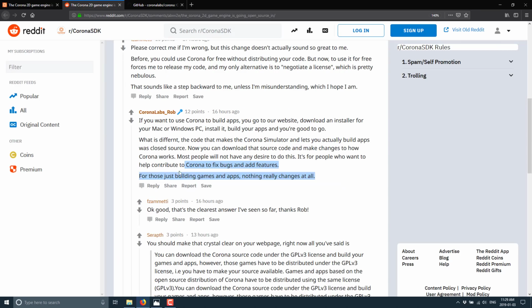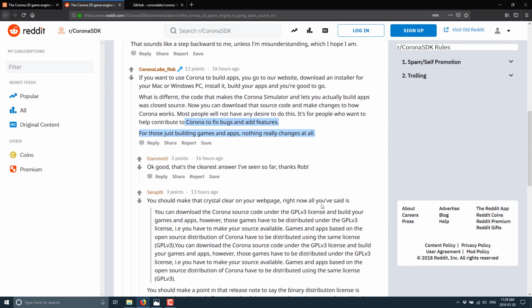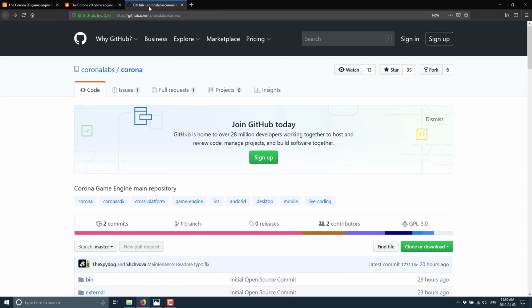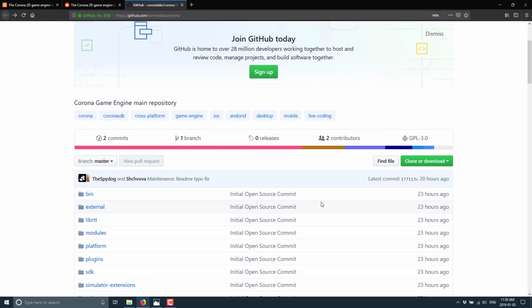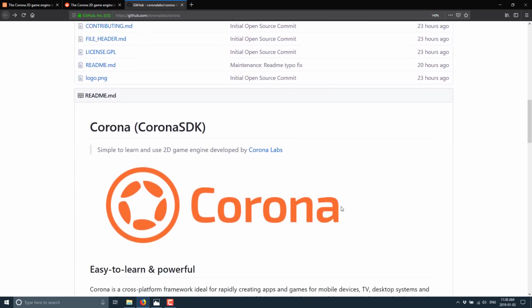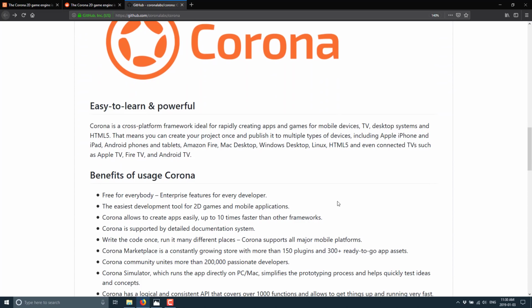Now, again, there was some clarification going on, and here's the comment I made back, and then nicely this third point was added. So you can now at least have that binary version. The binary version does not change anything. So if you just do the downloads off their website, that one continues to be free. And hopefully it remains that way forever. Now, the source code itself is now up on GitHub. As they mentioned above, there are some aspects like the build system that are not part of this release, and they could be adding more over time. Once again, it's under a dual GPL v3 and proprietary license.